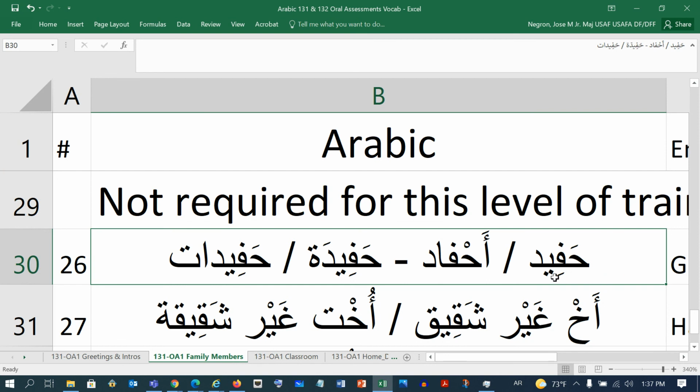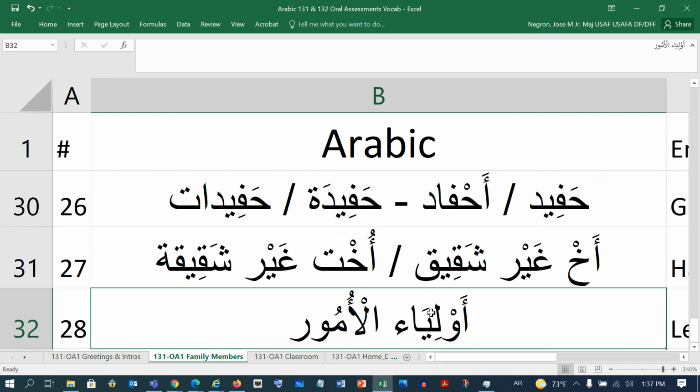A hafid is a grandchild, a male grandchild, and then hafida is a female grandchild, and then ahfad is the male plural, and hafidat is the group of female only grandchildren. A half brother,